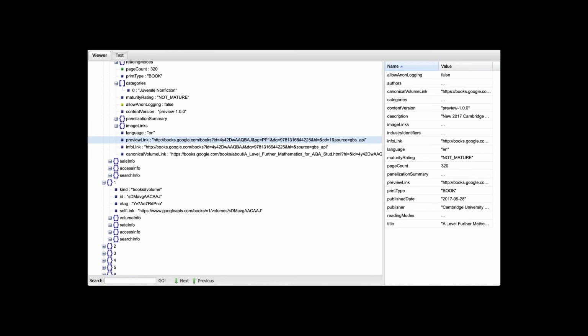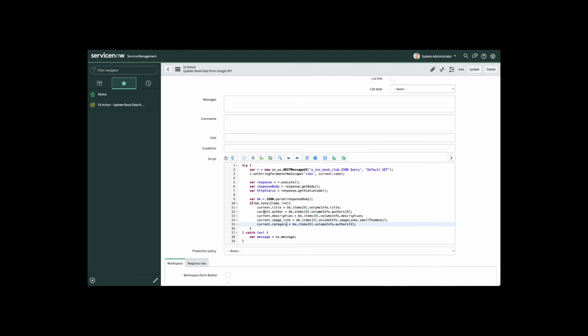There might be more than one. Again, in my code, I might eventually process it so I pick up on all the categories, but here I'll just put in BK items, volume info, and then we want categories, and the first category, which is index 0. Okay, so that is my population of my record. Of course, with any